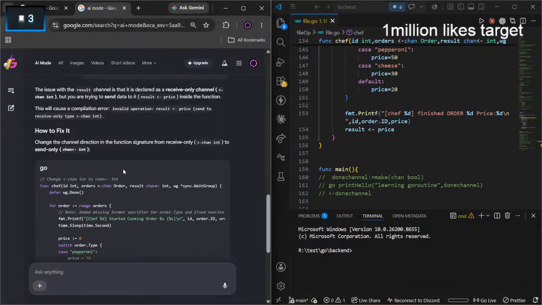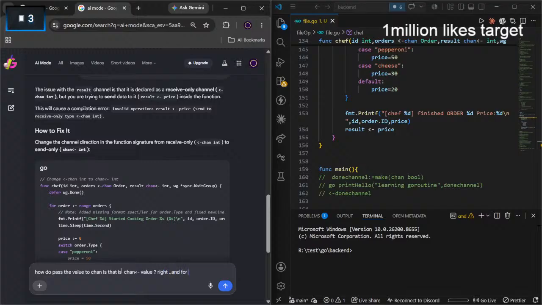How do you use that? How do we pass the chan value?